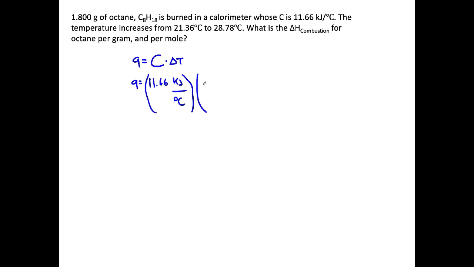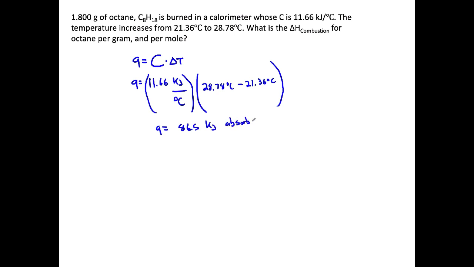Our temperature change, the final temperature is going to rise to 28.78 degrees C minus 21.36 degrees C. That's a temperature change of 7.42 degrees. And so the Q is going to be 86.5 kilojoules of heat